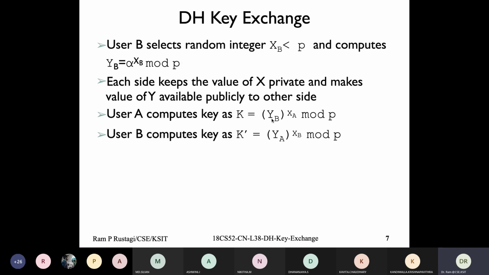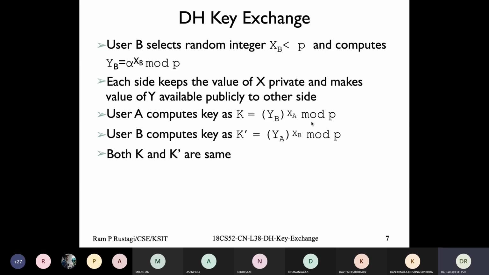And then user A computes YB raised to power XA mod P, and user B computes YA raised to power XB mod P. XA is private to A, XB is private to B. And the property of discrete logarithm shows that the two values K and K dash would be the same. These two values become the shared key, which nobody else can get because XA is private to user A, XB is private to user B,